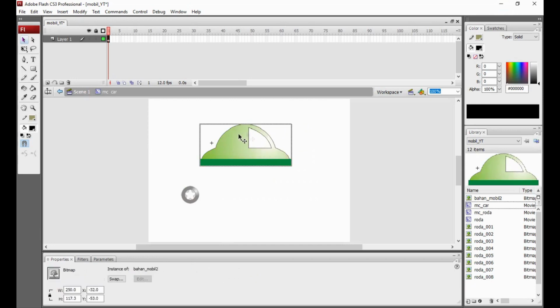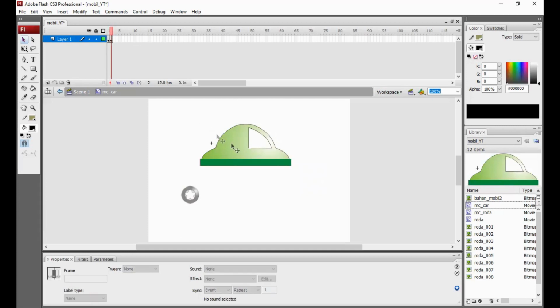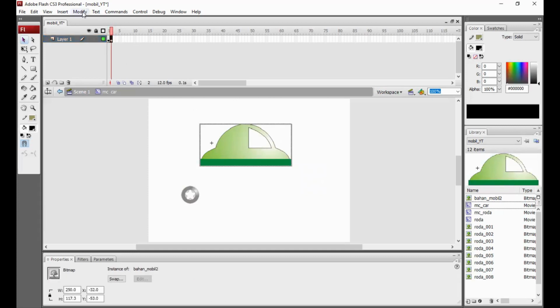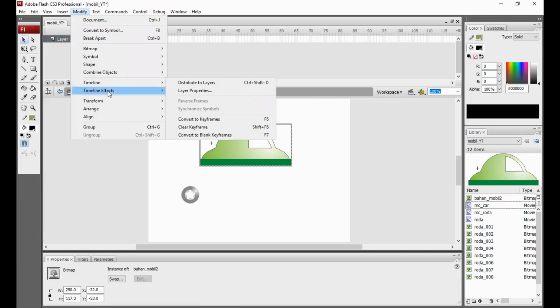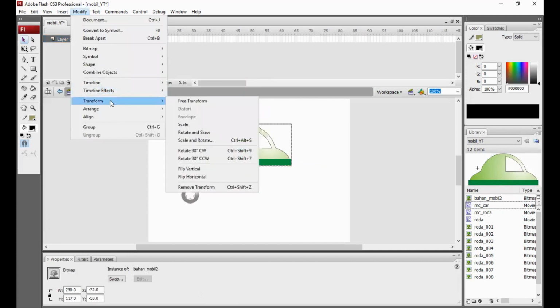Now I want to create an animation for this body of car. I want to copy, press function number 6. Okay, it's the same position, but now I want to transform. Yeah, transform.